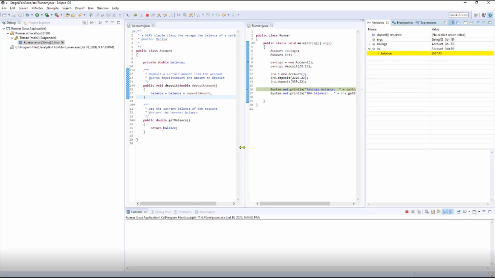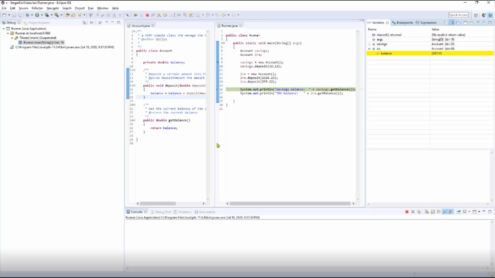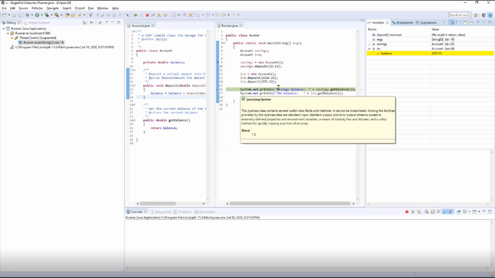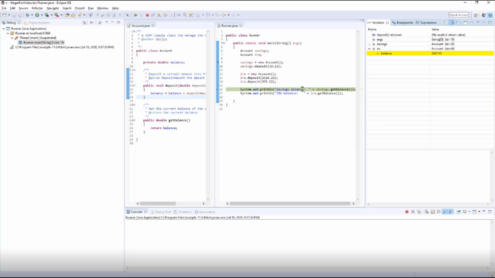So now I'm going to print out savings account balance, colon, space, and then this plus is going to be concatenate because this is not a number. It's going to call the get balance method on the savings object. So that's the object with ID 33. If I step into that,